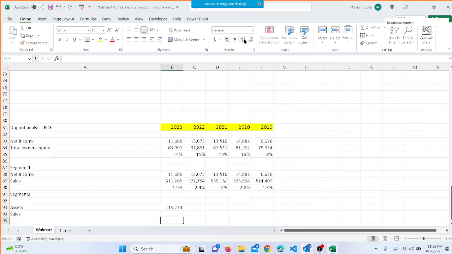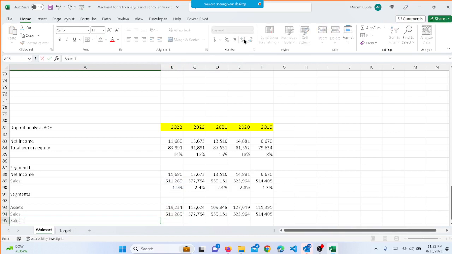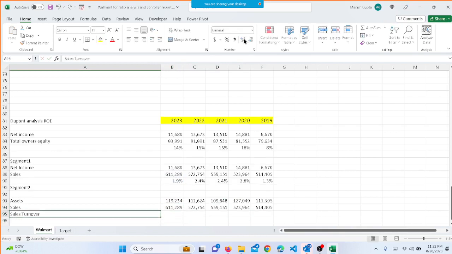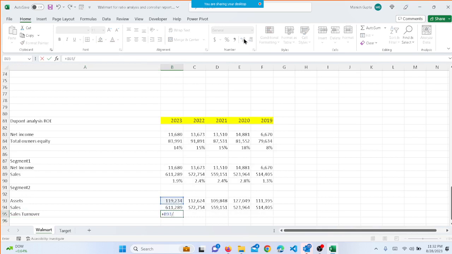We can take that one first instead of taking total assets, because total assets include all the cash and cash available. So the sales turnover ratio comes to